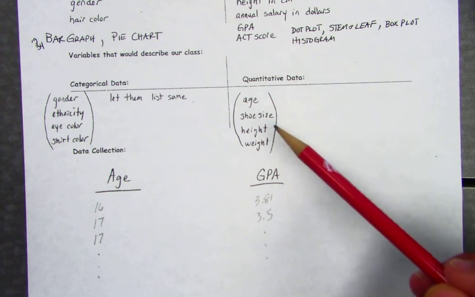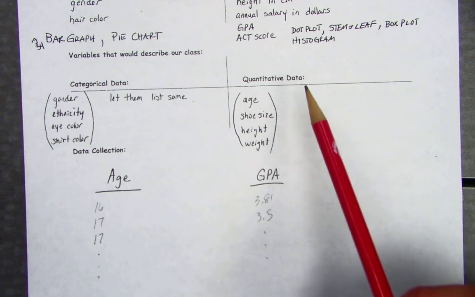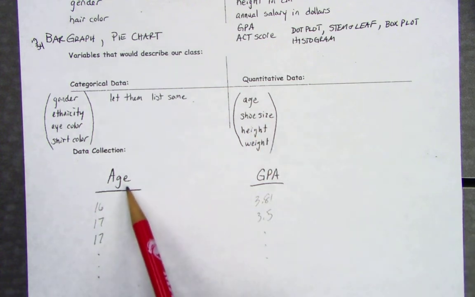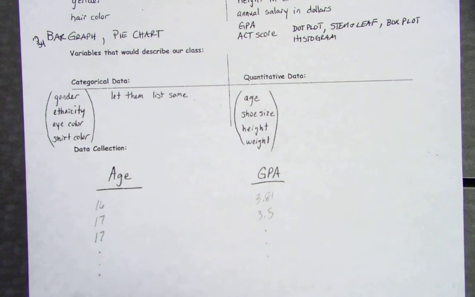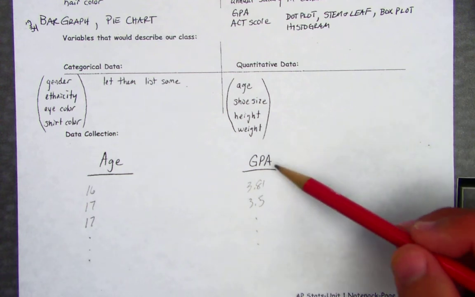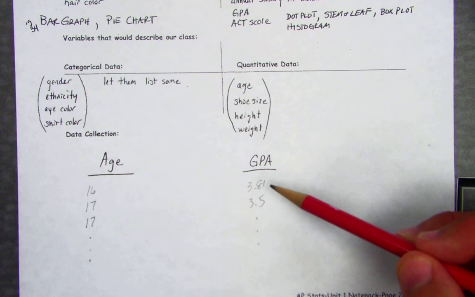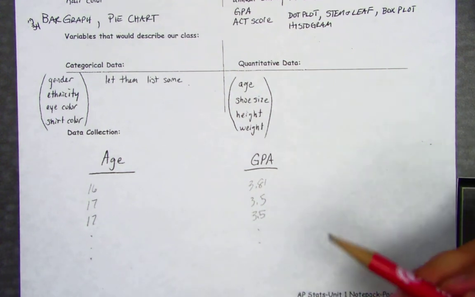Okay, quantitative data, such as age or shoe size, height, weight, GPA, annual salary in dollars, other things that we mentioned above. Stuff that is measured numerically. So if we're going to collect quantitative data from our classroom, let's say we're going to collect it on age. So we write down everybody's age in the class, and then we group the 16s and the 17s and the 18s and the 15s together. See how many of each that we have. If we're going to do GPA, we write down everyone's GPA. And if some GPAs, let's say someone had 3.5 and someone else also had 3.5, then we'd have 2 in that